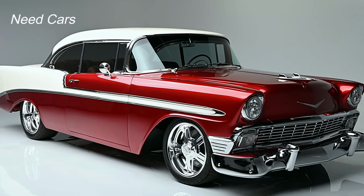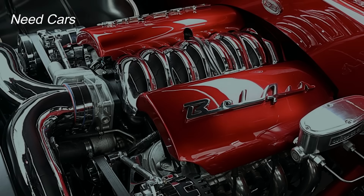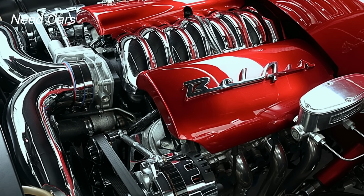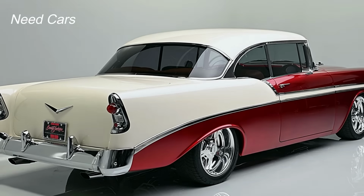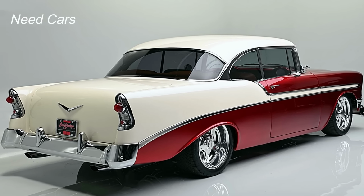The Chevrolet Bel Air remains one of the most iconic American cars in automotive history, and its popularity shows no sign of waning. At the Barrett-Jackson auction in Scottsdale, Arizona, earlier this January, several Bel Airs were up for bidding. Among them, one particular car stole the show, selling for a whopping